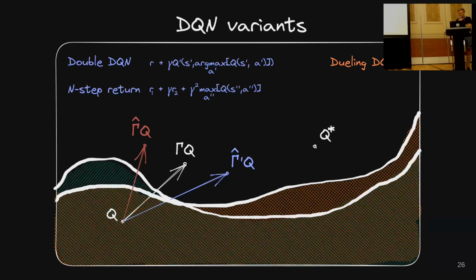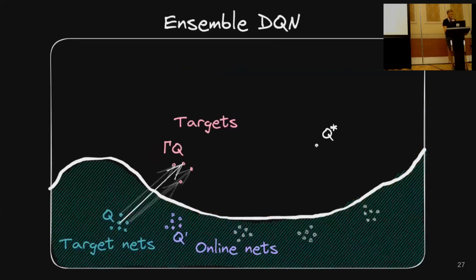Now, particularly close to our method is ensemble DQN, which uses an ensemble of networks to improve the performance of DQN. Okay, now we are ready to take a look at the iterated DQN,